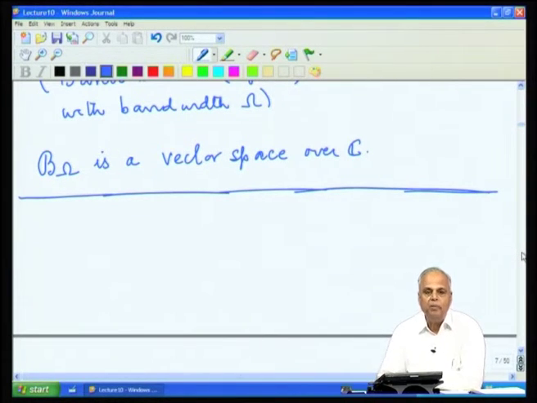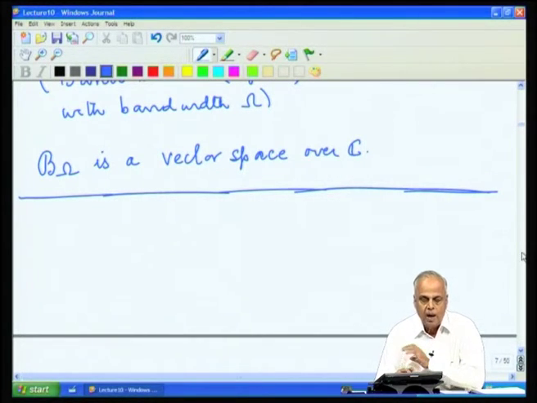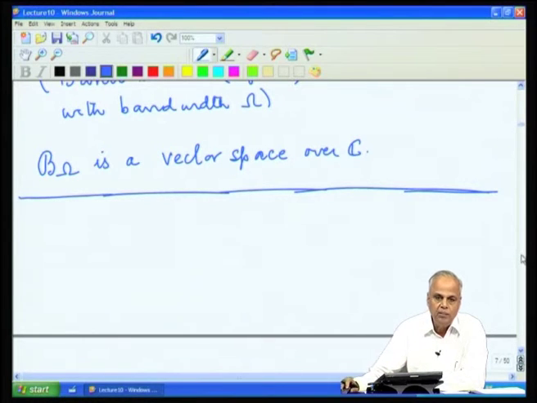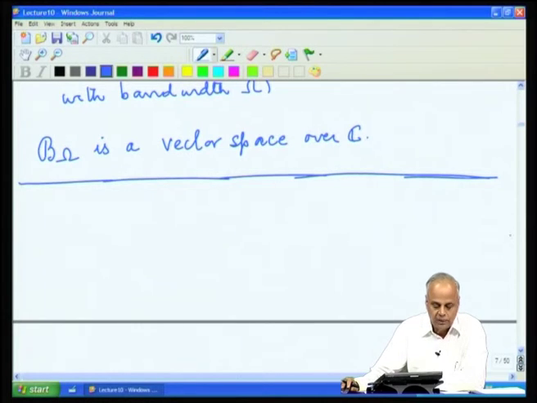Now, we have seen a number of examples of vector spaces. We shall be looking at more examples as we go on, but for the moment we shall have these examples